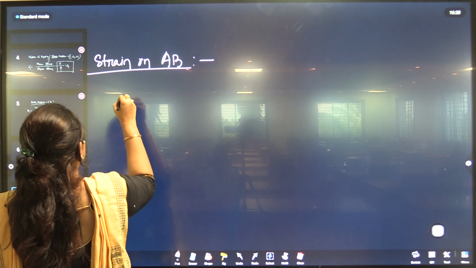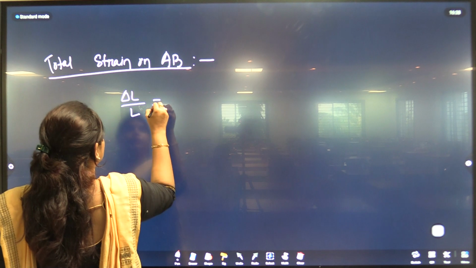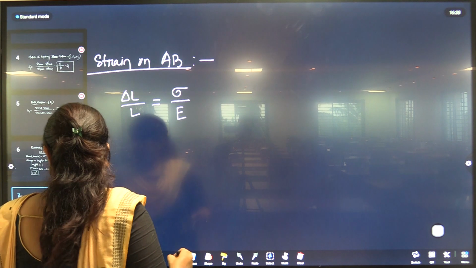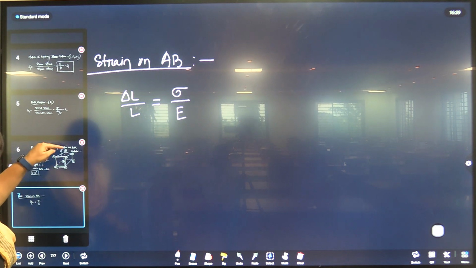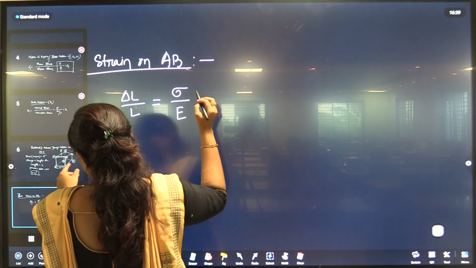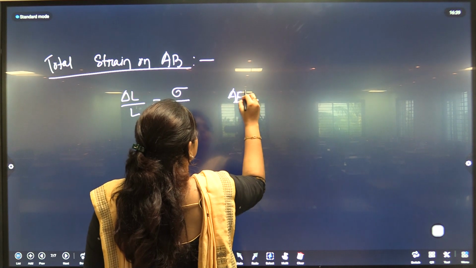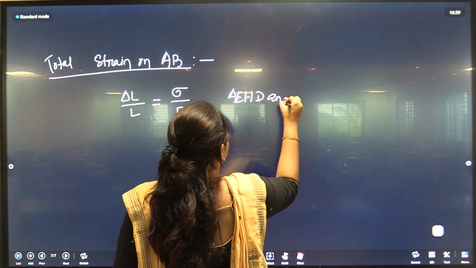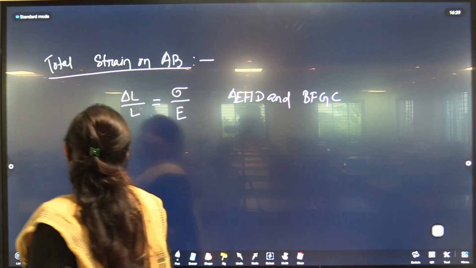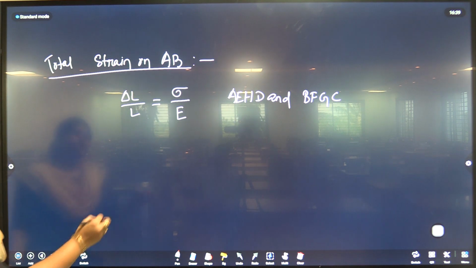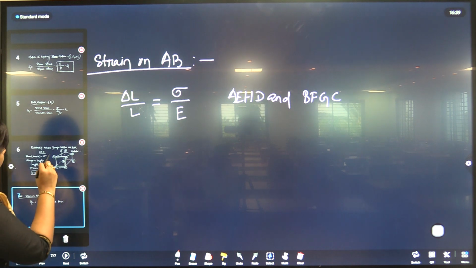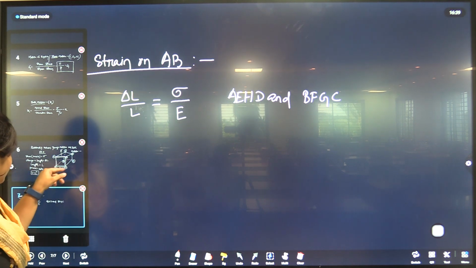So, strain will be del L by L equals sigma by E, for planes A, E, H, D and B, F, G, C. Next, for another set of planes, A, E, F, B and D, H, G, C,